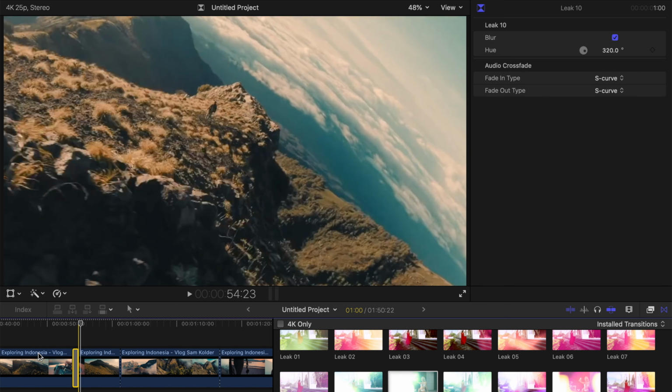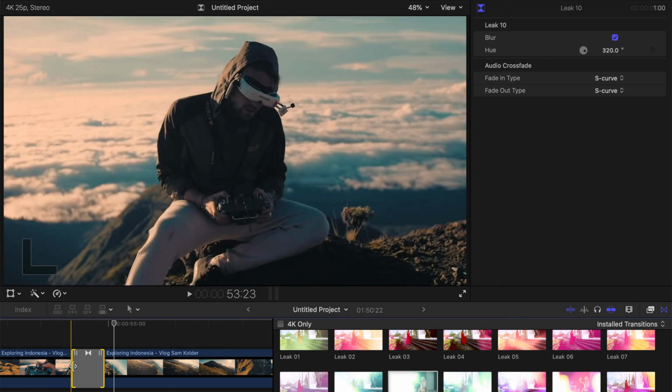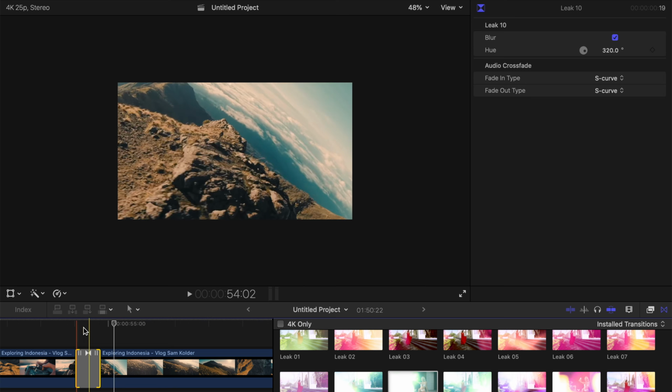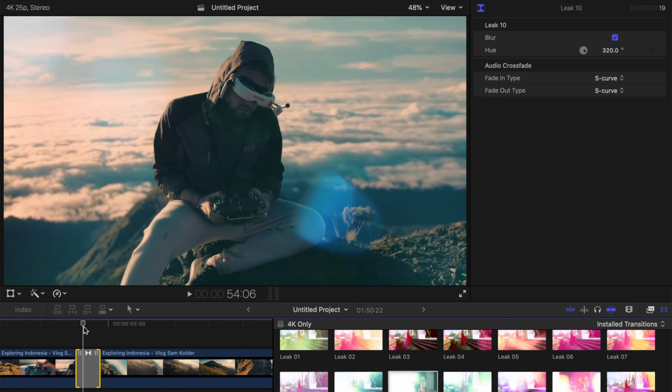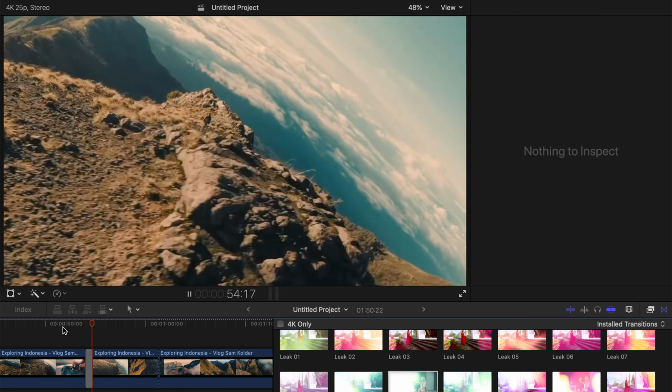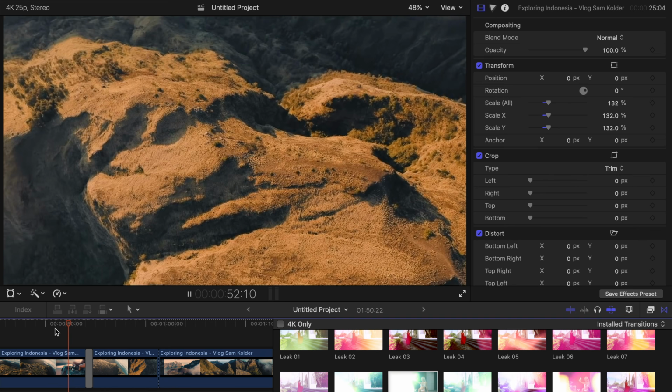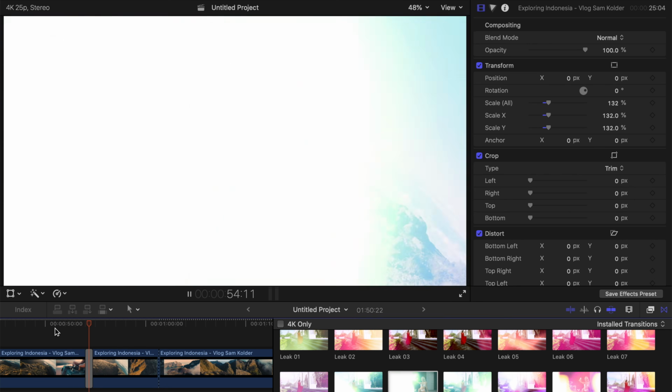I'm just gonna drag it over the clip, similarly shorten the time and adjust the hue. Actually, this hue is already kind of very cold blue, so I'm not gonna change much about this color, maybe just a little bit. And then when you play it, fantastic. It just makes you feel so glad to have this transition pack.